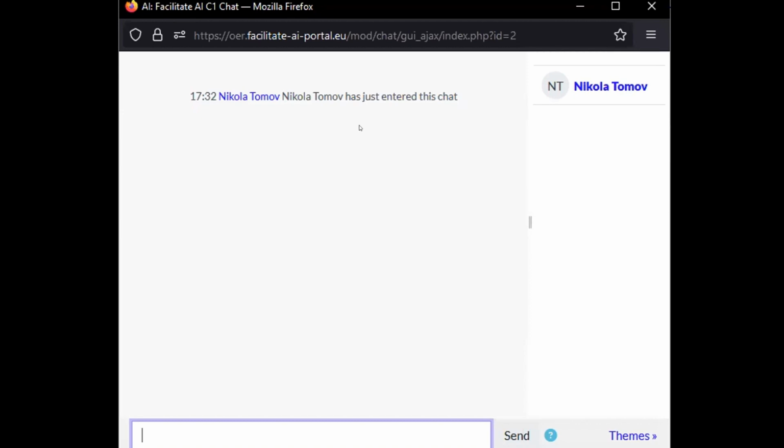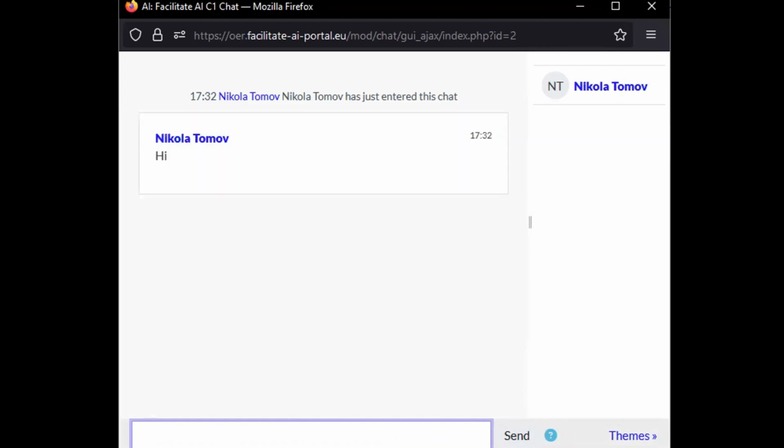So this now is the chat interface. You can see that I'm the only one here. But if we have some other participants, their names will be here and we'll have some interactions with them. Here I can write my message.